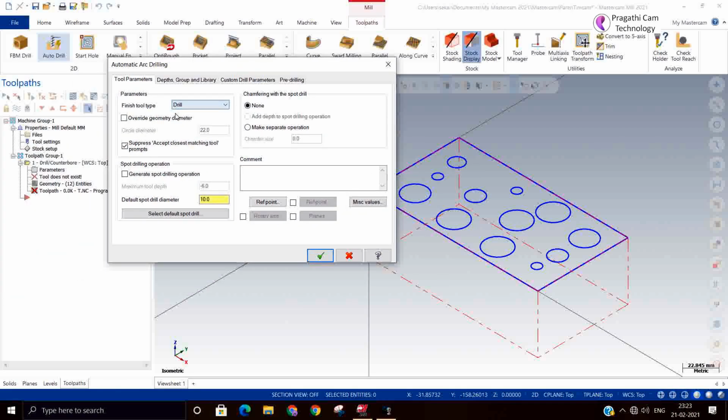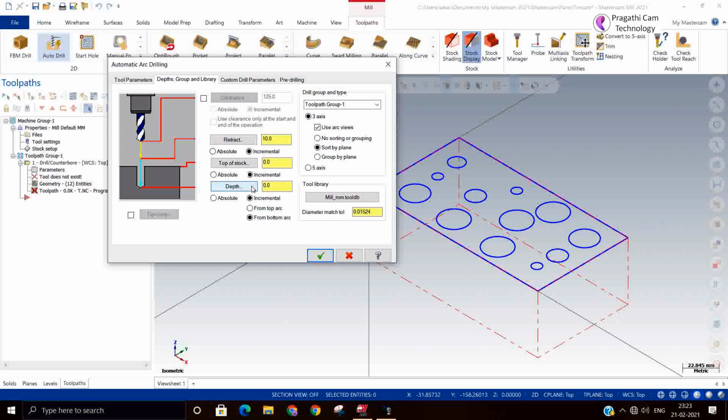So you just switch on roughing and finishing. You can give the depth here. So absolute. Here it's important that all holes should have the same depth. If you say through all, it's no problem, everything is open on the other side.